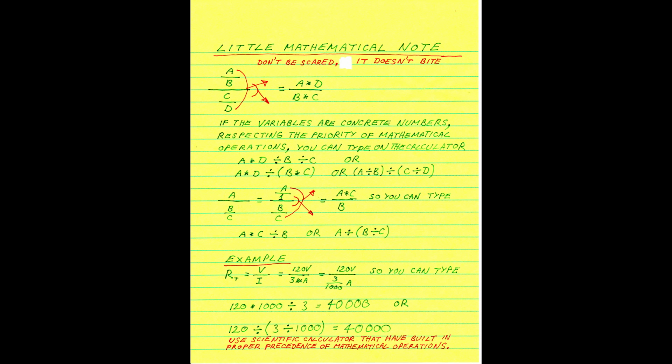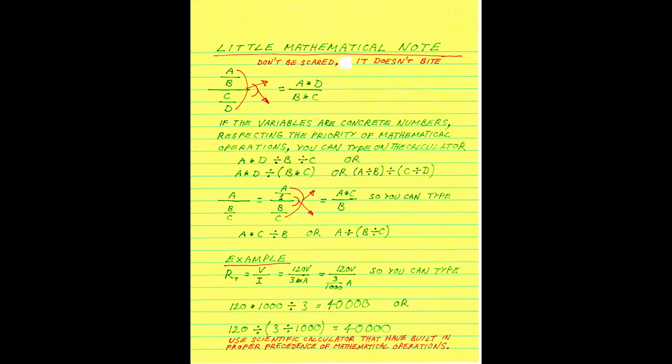So again, outer members go up, inner members go down. Equal fraction line A times C up and down is B. 1 times B is B. So you can type A times C divided by B, or A divided open bracket B divided by C close bracket. Example: